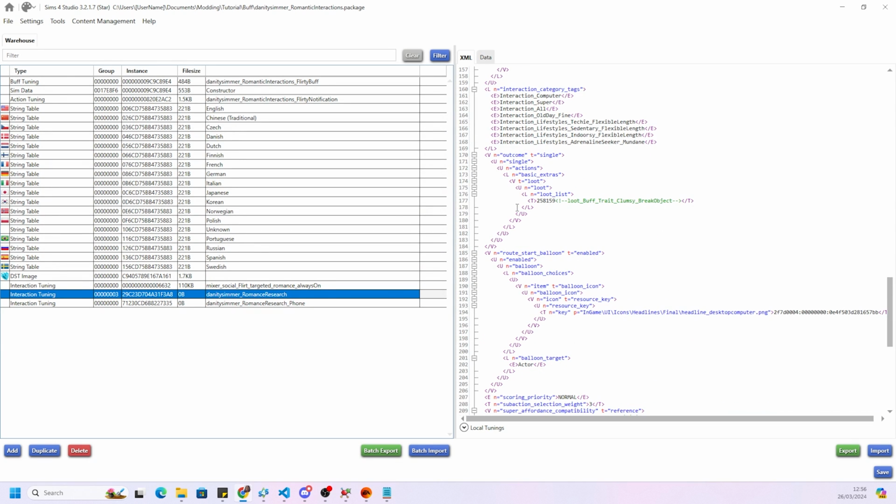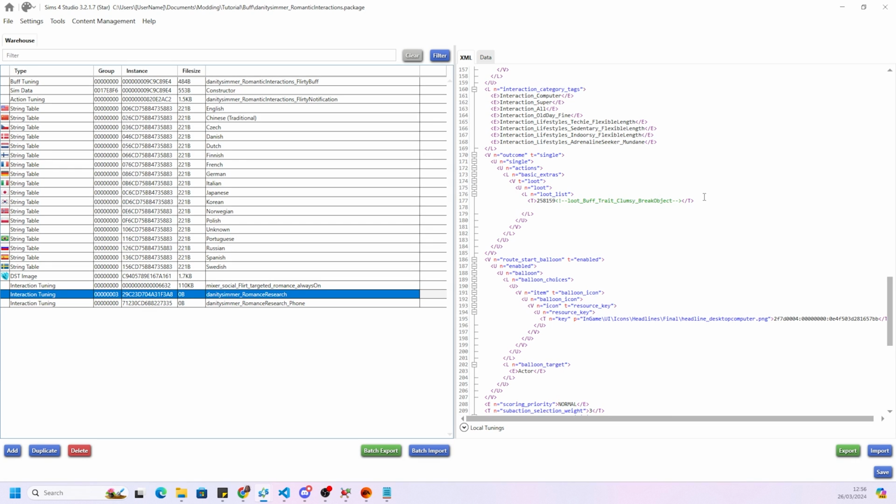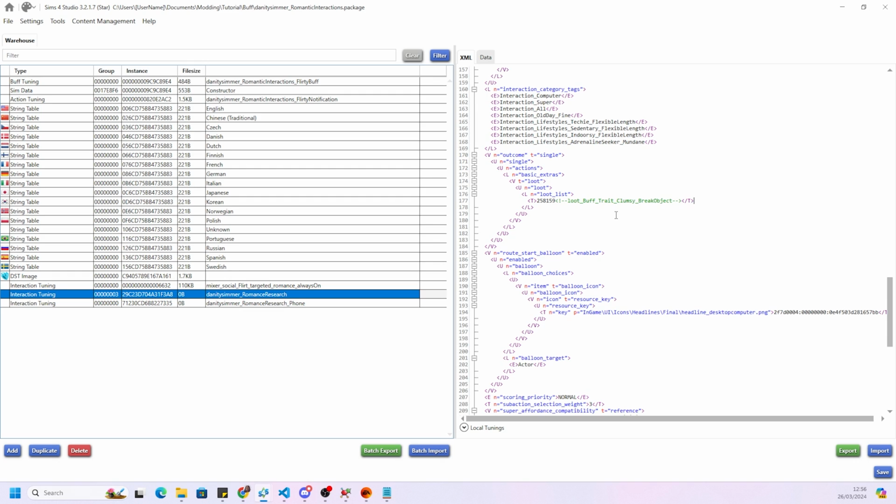Okay, so for this one and the phone one, I believe it's the same. What we're going to do is, unlike the social interaction, we don't just add it here. We need to make a loot list. Let me just show you guys where it goes. You have to make sure that, let me see,